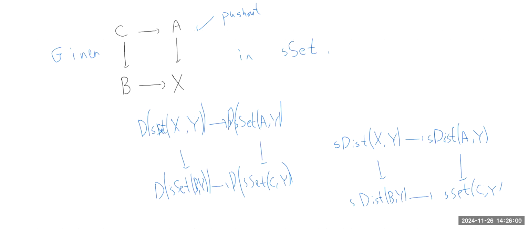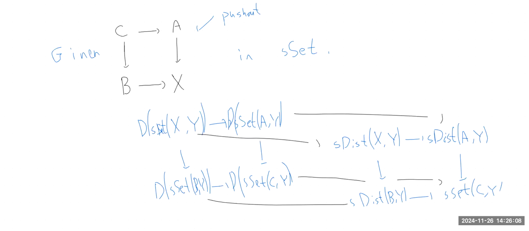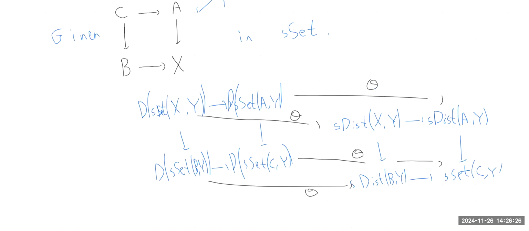Maybe let me change that, it will be easier. Here I mean theta for AY, here theta for XY, here theta for, yeah. And so what we did here, why do we get, first of all, sorry, this one, because of the naturality of theta. But why is it good? Because actually maybe this one will be hard to understand when some distribution here is